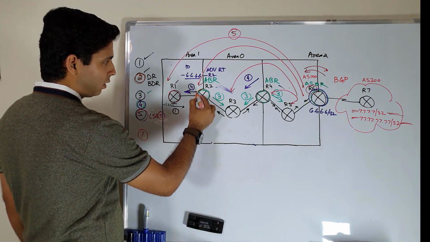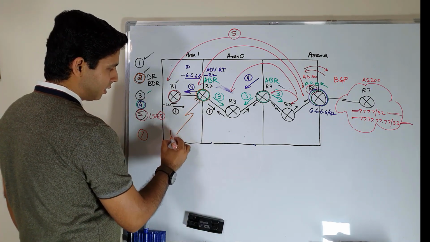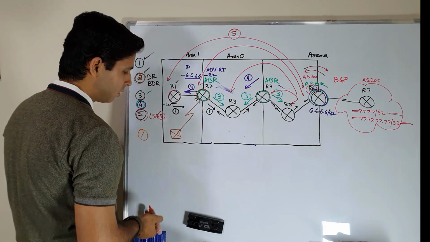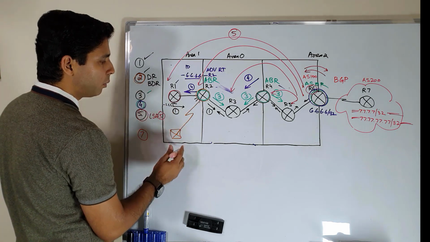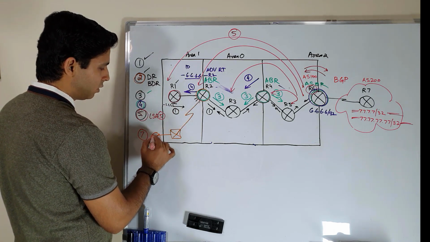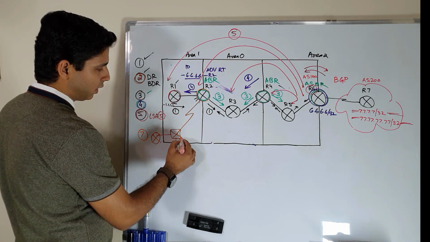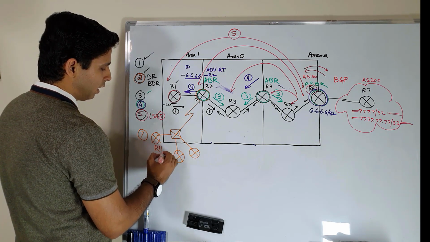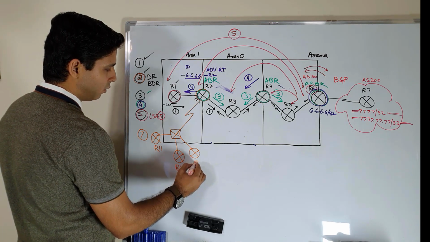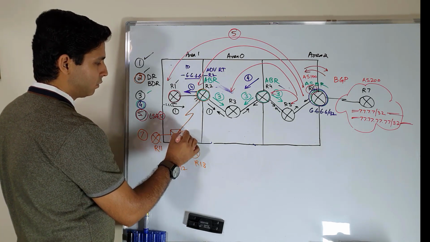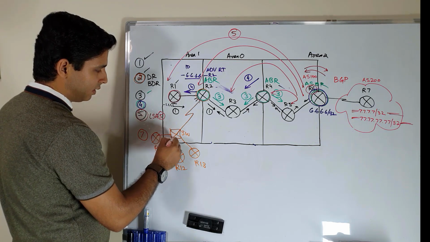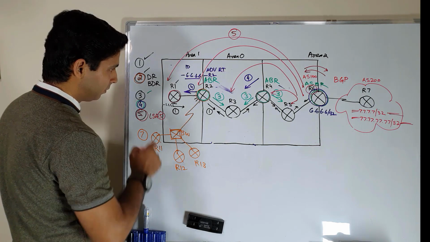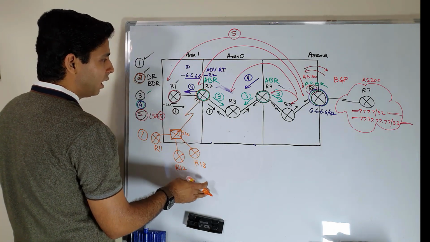Let's say this is a router and then it is connecting to a multi-access segment, non-broadcast multi-access or broadcast, whatever, but it should not be point to point. So this one has router number 1, router number 2 and another router number 3. Let's say these are router 11, router 12 and router 13, and this is our switch which is connecting these routers. So this is a special type of connection. It's not point to point, it's broadcast type or NBMA type.